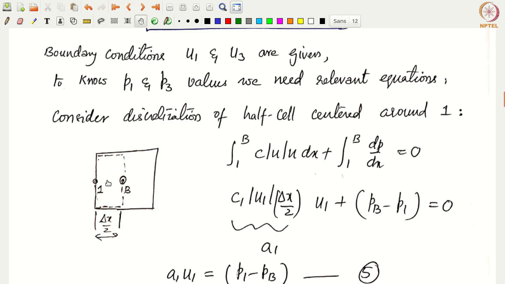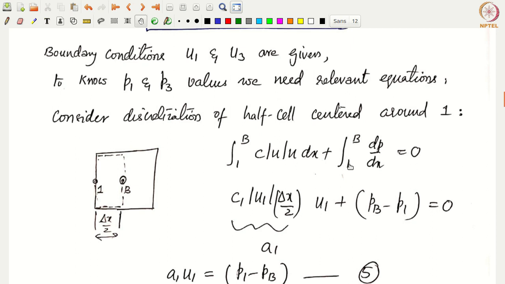You can see here that I am not taking the centroid to be at the cell center. Okay, so essentially I am taking the cell is like this, and 1 happens to be its representative value. In order to derive an equation for pressures and velocities on the boundaries, which would be needed to update the pressures, I consider a control volume that is like this.